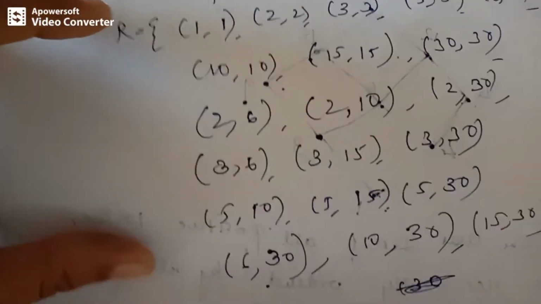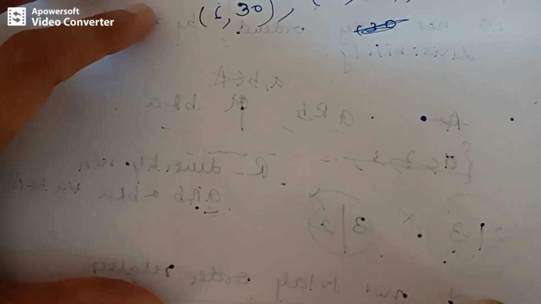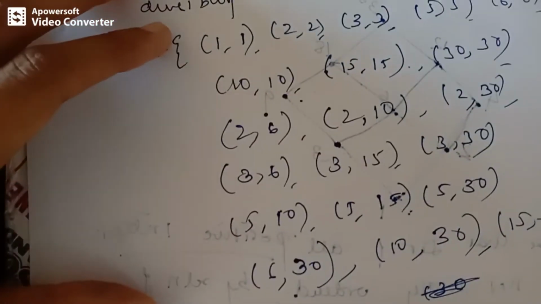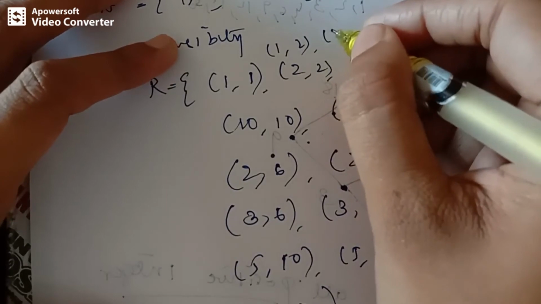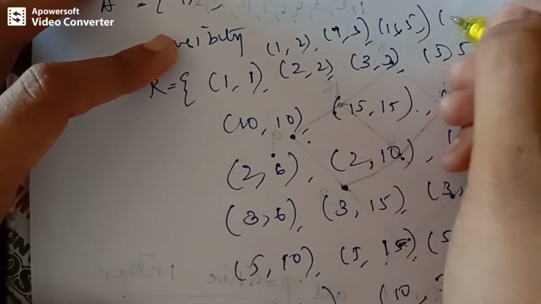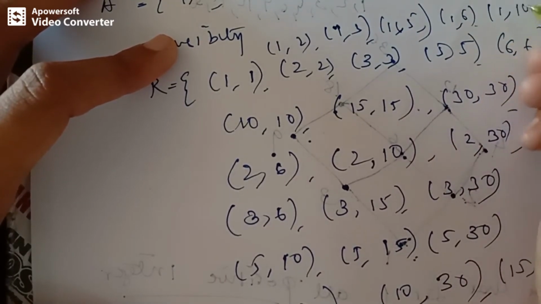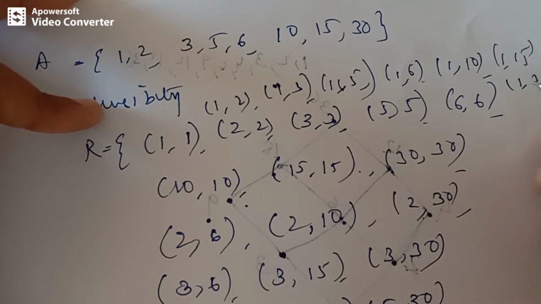Let's draw the Hasse diagram considering the divisibility relation. So first of all, you can start with 1. So 1, I'll take 2, right? Divisibility. It's not only this one, 1 actually divides each and every element. I have to include here 1 divides 3 and 1 divides each and every element, right? 1 divides 6, 1 divides 10 and 1 divides 15. Okay, I have to include all those pairs, 1, 30. Okay, 1 divides each and everything.